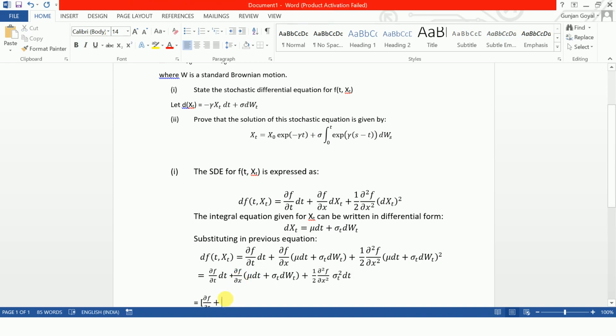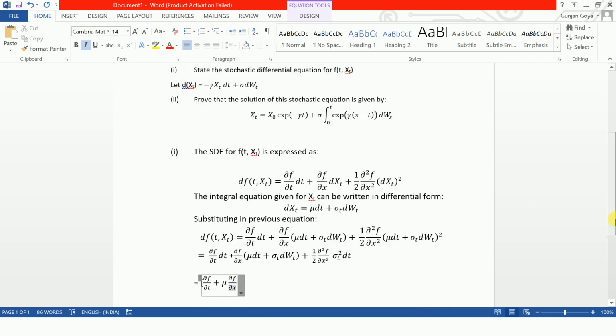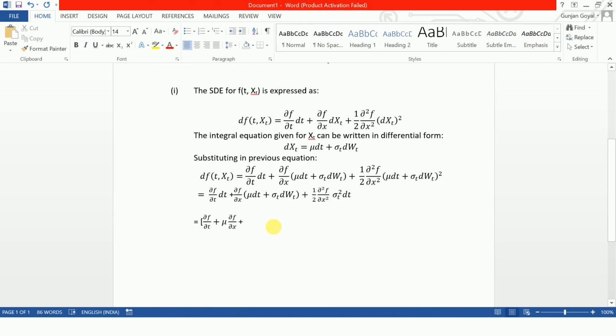Okay, just del f del x, and I'll write mu in the beginning. To write mu, type backslash mu, and this gives you mu. Plus, you can write, let me come down to show you, you're inside the equation, plus you have these values which also come as dt. So paste it, close your bracket, and this is dt.